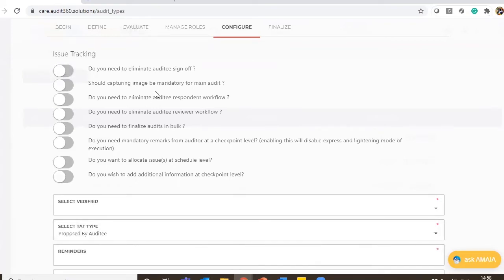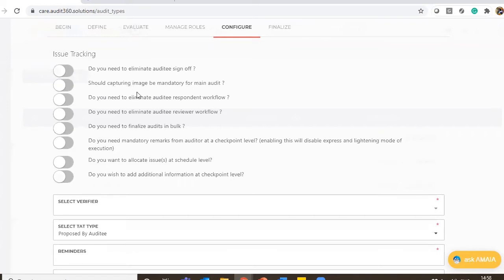Then we have, should capturing image be mandatory for a main audit? Currently we have digital evidence that can be captured at a checkpoint level, or in case of express mode, at a sample level or group level, which is completely optional. But based on the requirement of the audit, if we feel that digital evidence is mandatory and it has to be made compulsory for an auditor to capture the evidence, we can enable this configuration.